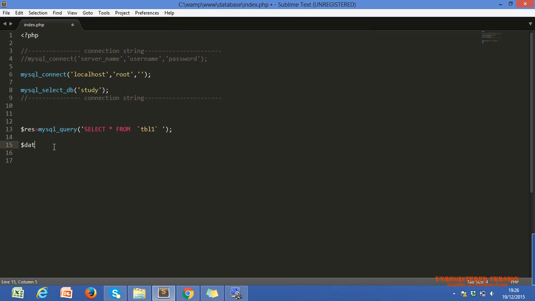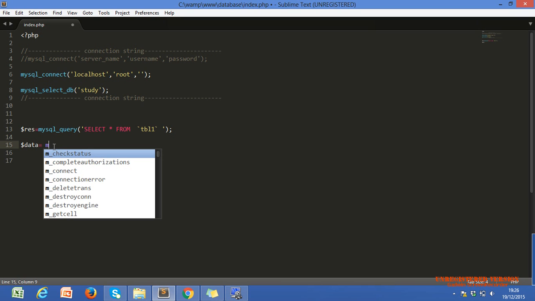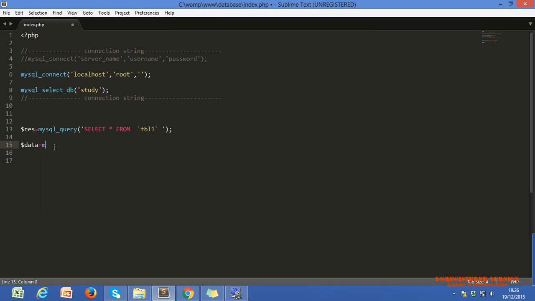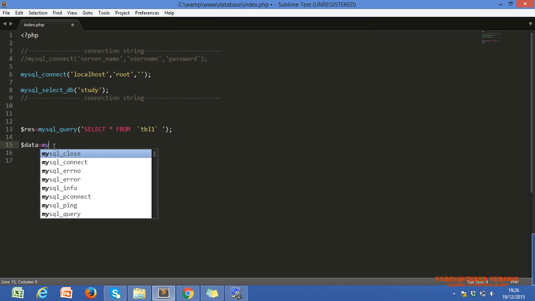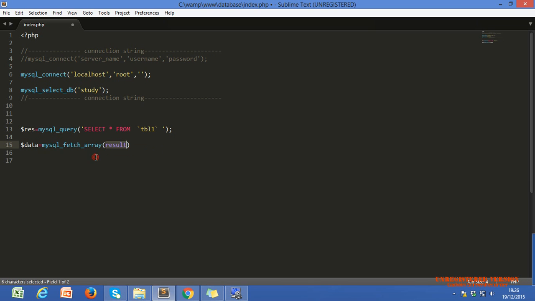Another user defined variable, $data. Now we are fetching the data: mysql_fetch_array($res).